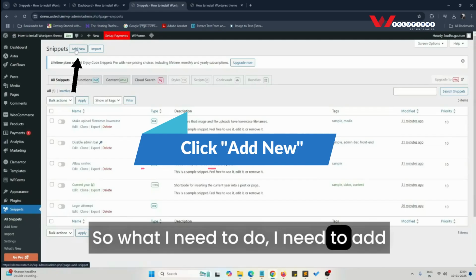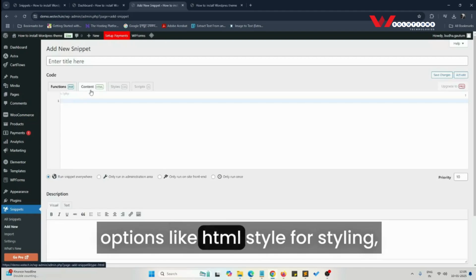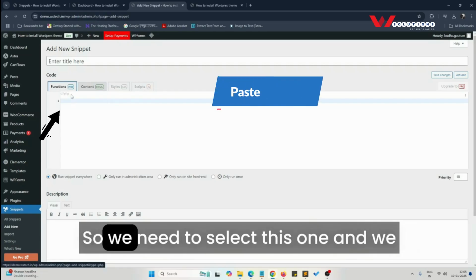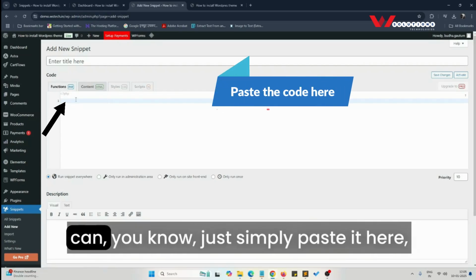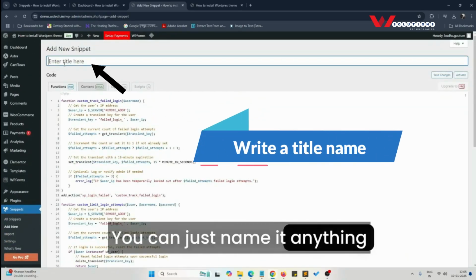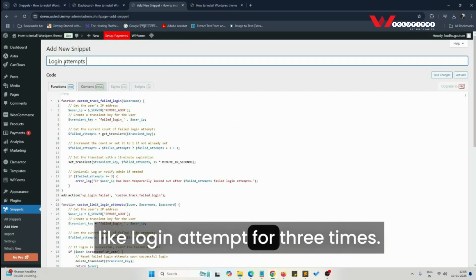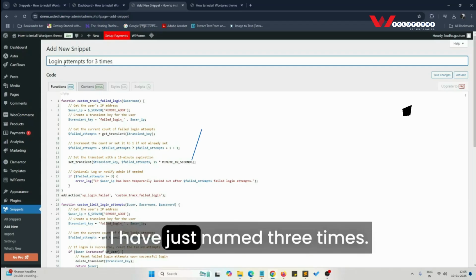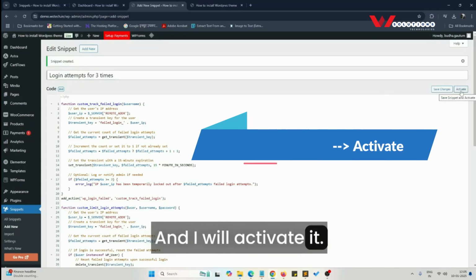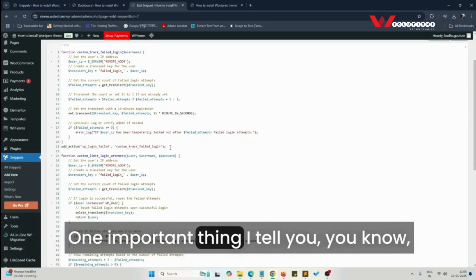What I need to do is add new, and make sure there are options like HTML for styling and scripting for JavaScript. We need to select the PHP one, and we can simply paste the code here. You can name it anything, like login attempt for 3 times. I have just named it 3 times. I'll save it and activate it. It needs to be activated. Snippet updated and activated. One important thing I tell you,